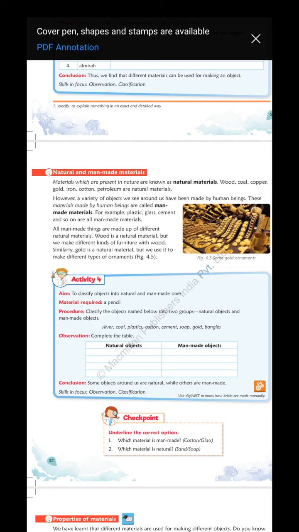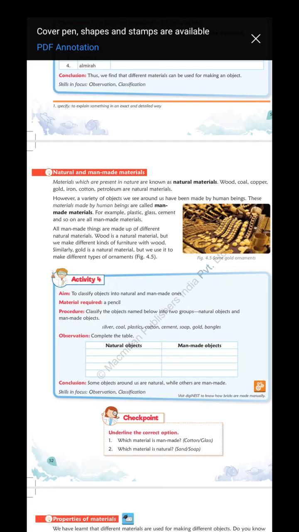Not naturally. Aluminium we are getting from nature only. From aluminium they are preparing the utensil shape. Gold also we are getting naturally. Copper, silver, these metals all we are getting from nature. And man-made are plastic things, most probably plastic. Glass, do you know how they make that process? Yes, very good. Steel, stainless steel, these all are man-made only.